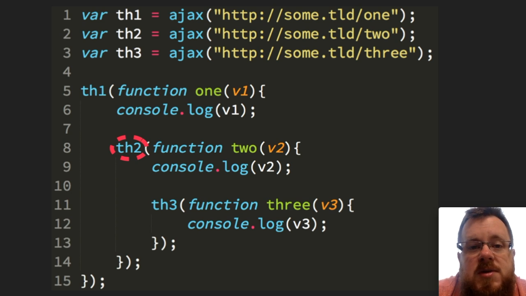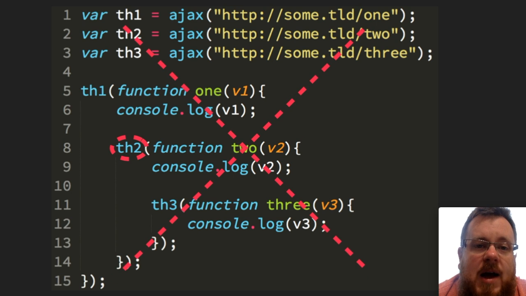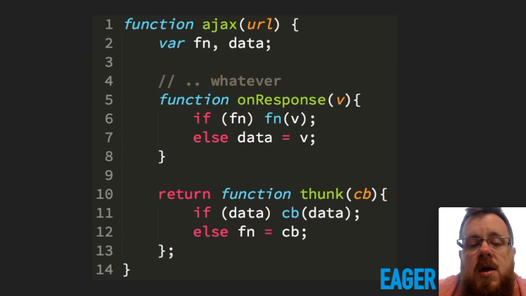And the real problem is that to do this, we don't need lazy thunks. What we need are eager thunks. So let's reorganize the AJAX function to, instead of producing a lazy thunk, have it produce an eager thunk. Now, again, I'm hand-waving over the mechanics of how an AJAX call actually happens, but I want you to imagine that at some point in that machinery, I need to invoke an onResponse function like you see on line 5, and that onResponse function is going to receive the AJAX response,